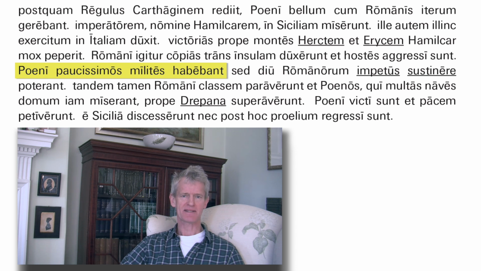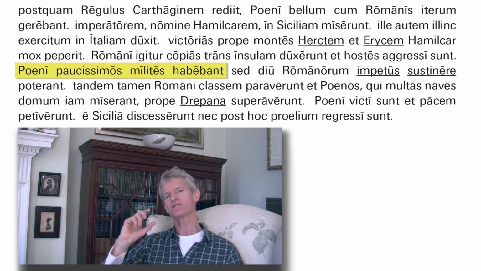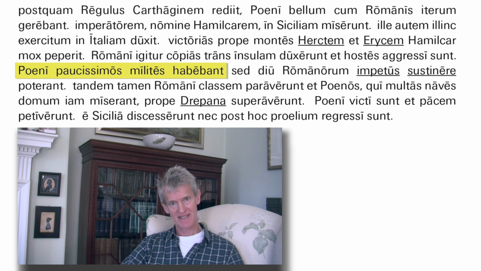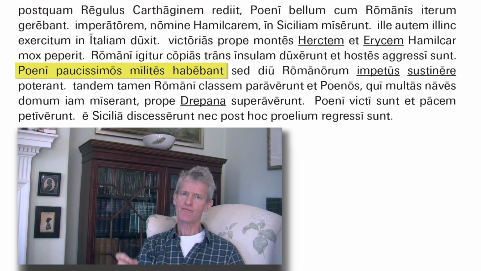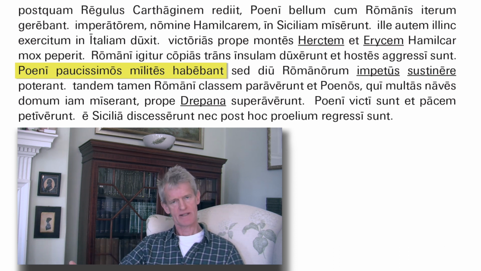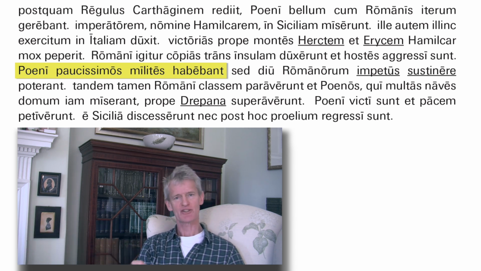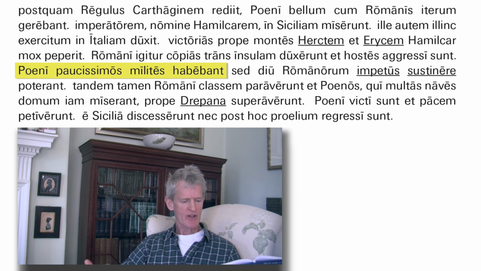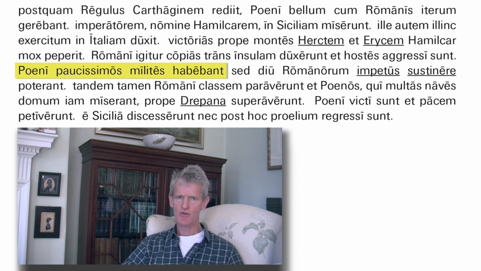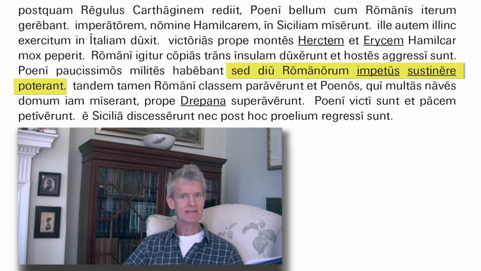paucissimos milites. You see issimos, and you're thinking, oh, that's a superlative. So paucissimos milites means very few soldiers. From paucus, and it's the superlative for paucus, paucissimus, and that's now agreeing with milites in the accusative masculine plural. So the Carthaginians had very few soldiers, but diu, for a long time,